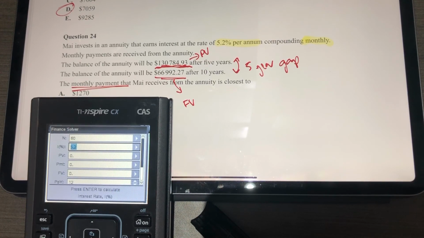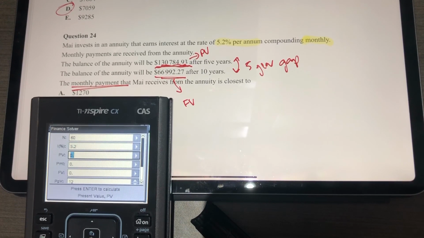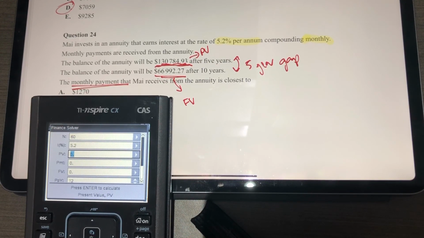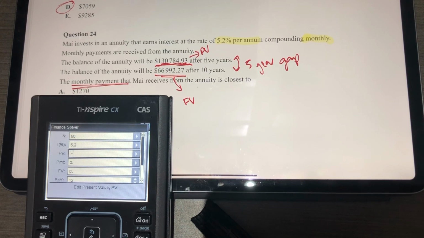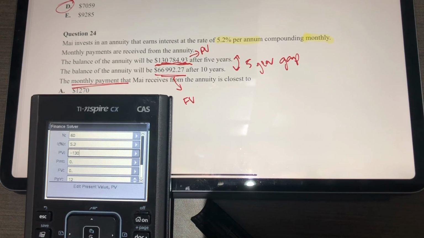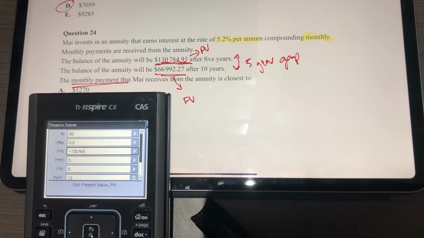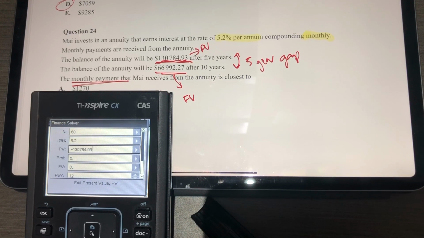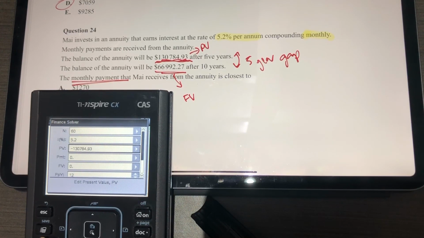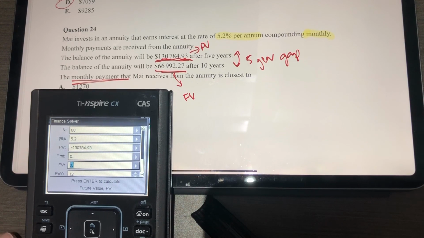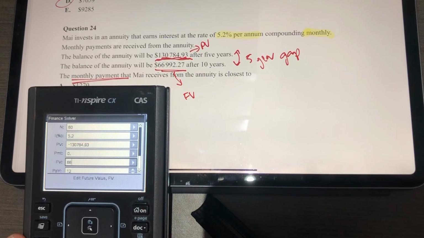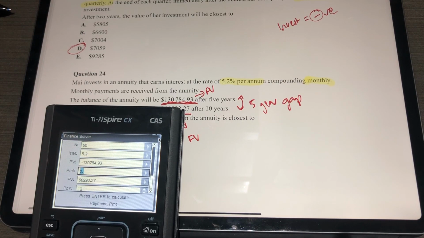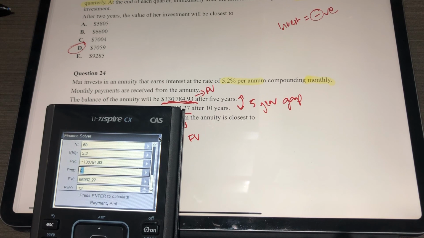So, the calculator will do it automatically. Press tab, get to present value. My present value, remember I don't have it yet. This is in the annuity, it's with the bank, so it's negative $130,784.93. So that's my present value, and I know that the future value, which we said, is going to be $66,992.27. Okay, so some of you might be asking now, why haven't I put a negative in front of the